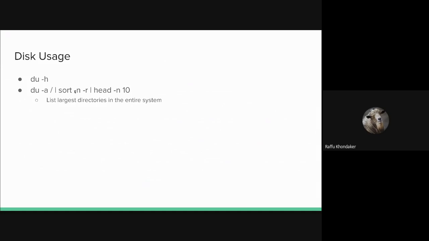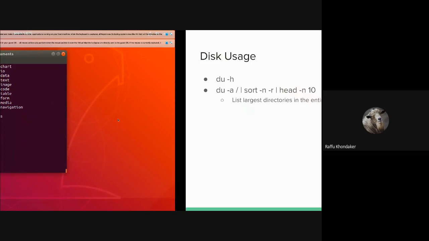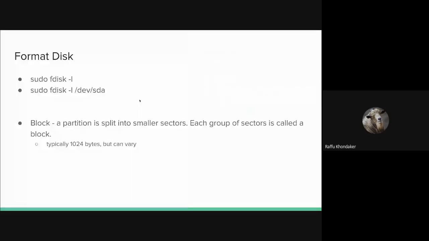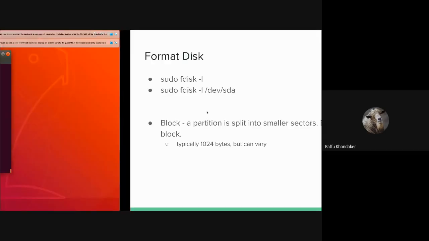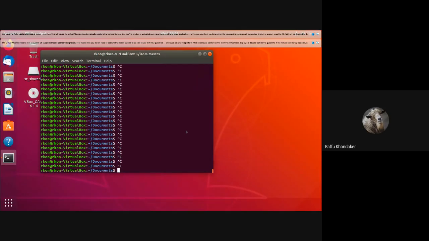So yeah, that's it for disk usage. This is still going on. Okay, so now, if you remember, one of the outputs of df was file systems and partitions. So fdisk, or format disk for short, takes a deeper look at those. So with fdisk, we can typically manipulate partitions on our Linux hard drive easily, or